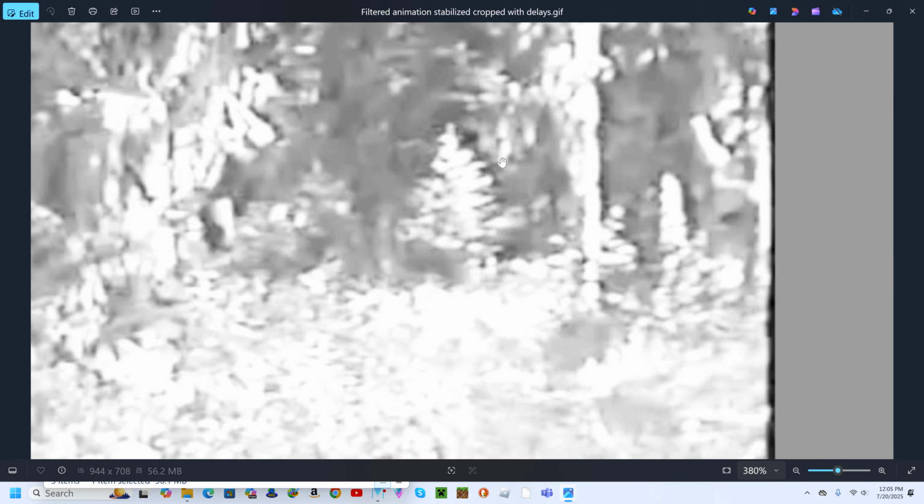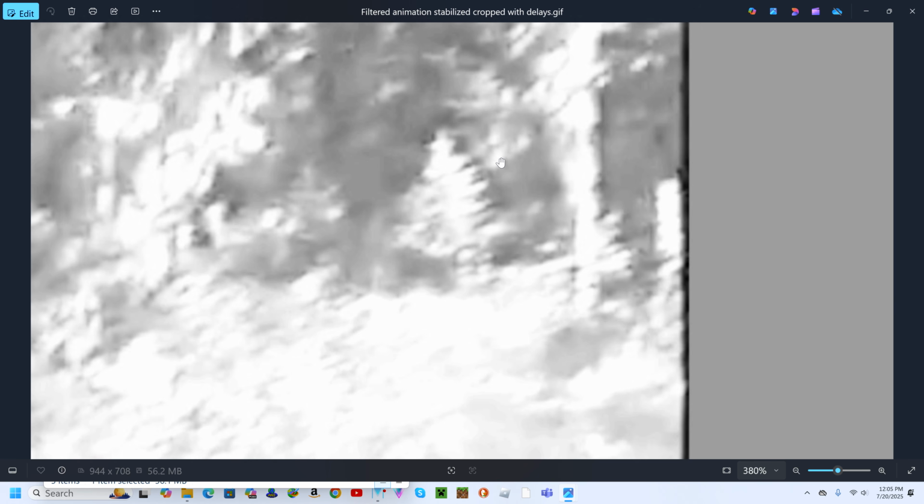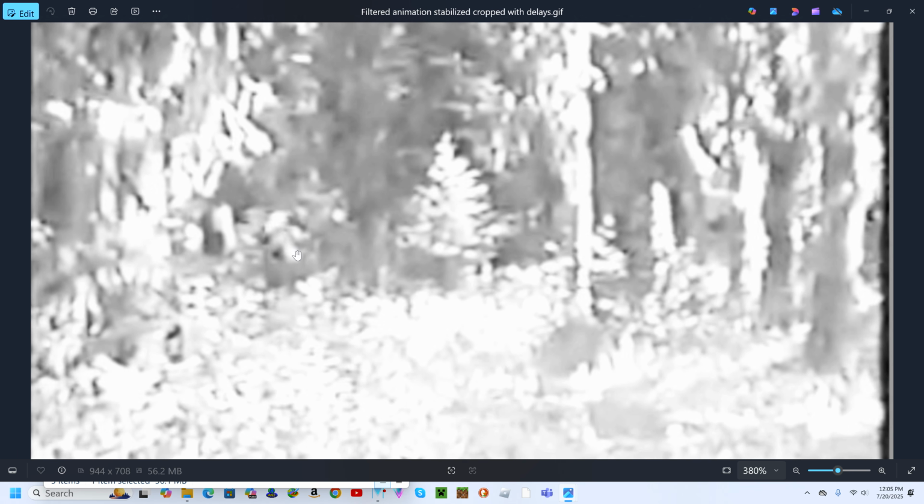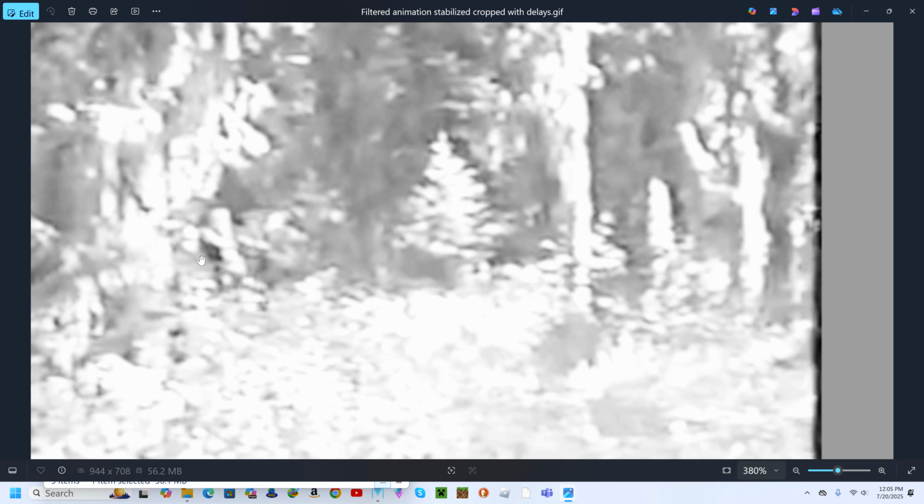Boom. A flash. Everything lights up. Everything's overexposed. Then when the camera settles back down and the automatic system readjusts the exposure, watch the creature walk off right there.